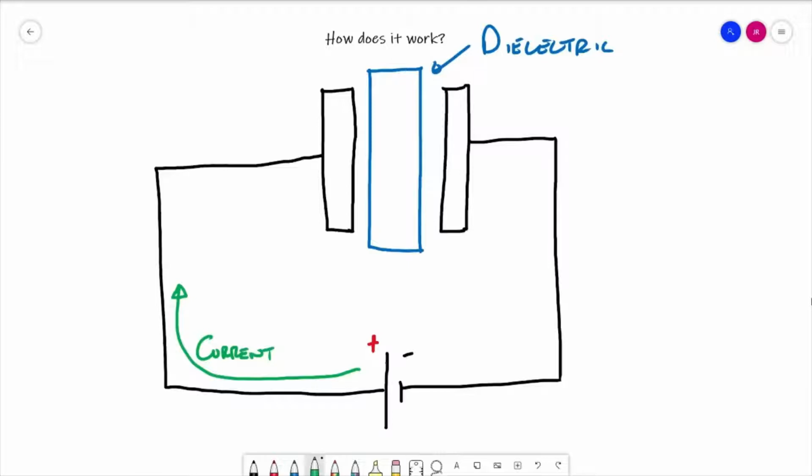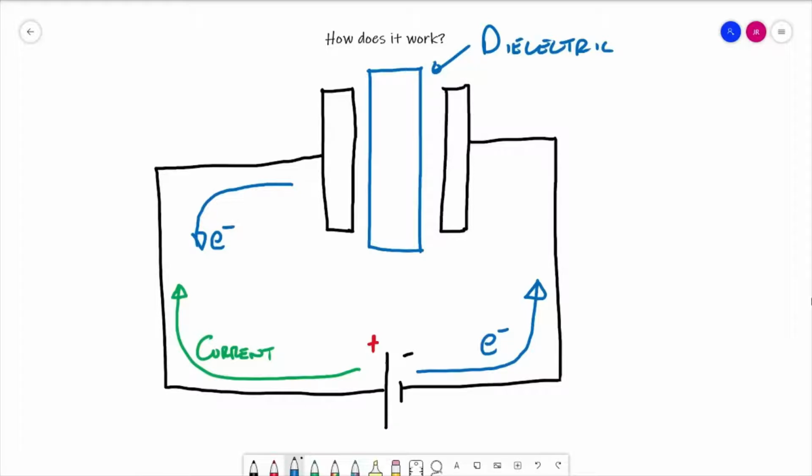But of course that's current. What we're more interested in is the flow of electrons, and electrons themselves, again being negative, will flow away from the negative end of the battery. They'll be repelled by the negative end of the battery, and they'll flow towards the positive end of the battery. So the flow of electrons